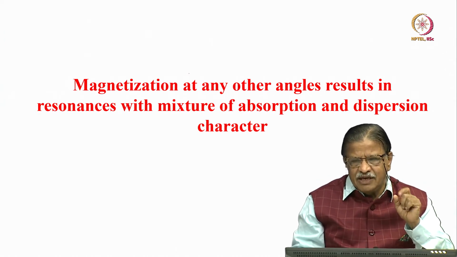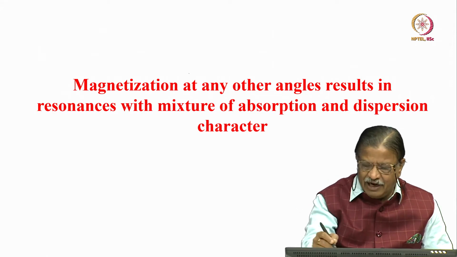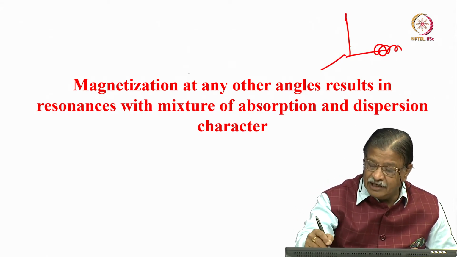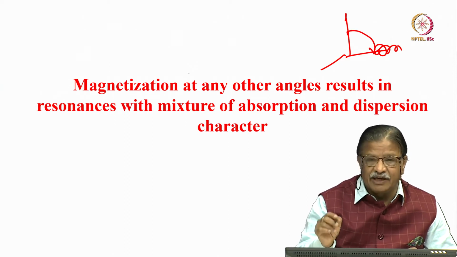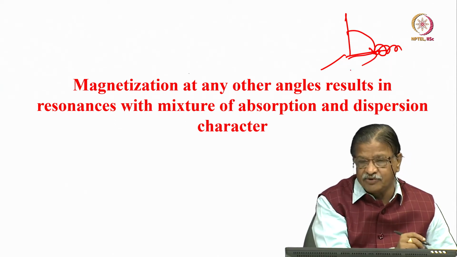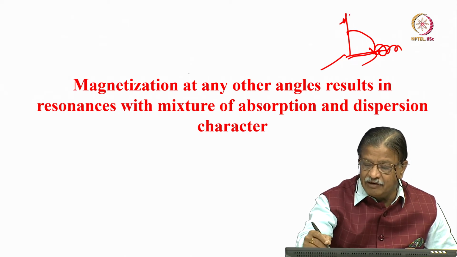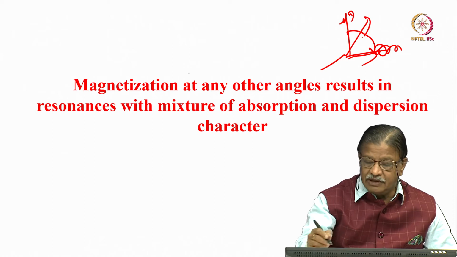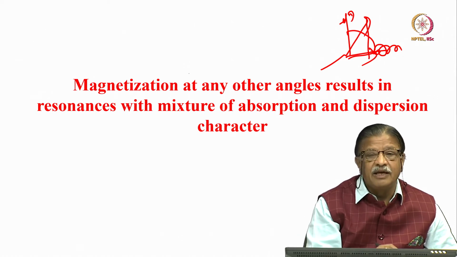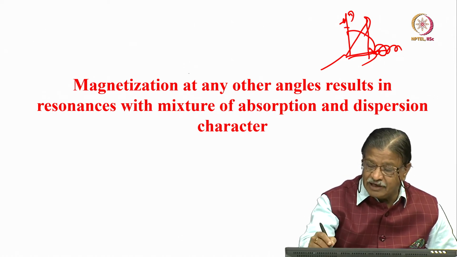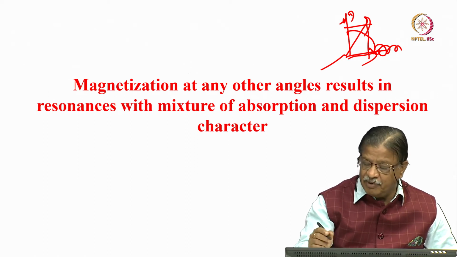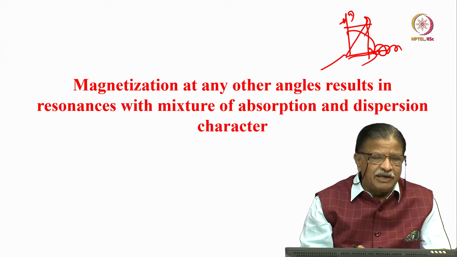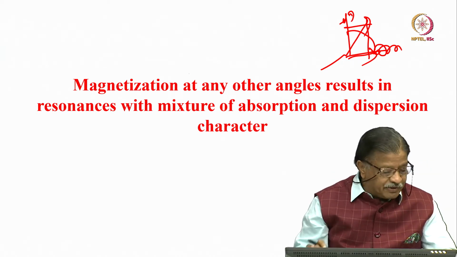If I apply a pulse, let us say this is my receiver phase, I have kept a receiver here, and if I tilt exactly here, I am going to get an absorption mode signal, and the magnetization here will be dispersive mode. If I have a signal somewhere in between, then the cosine component and the sine component both will be present, and as a consequence, they are not exactly out of phase by 90 degrees, the mixture phase will be present.